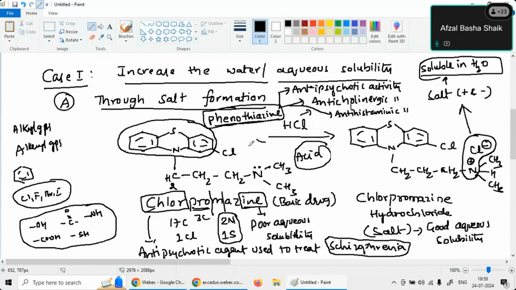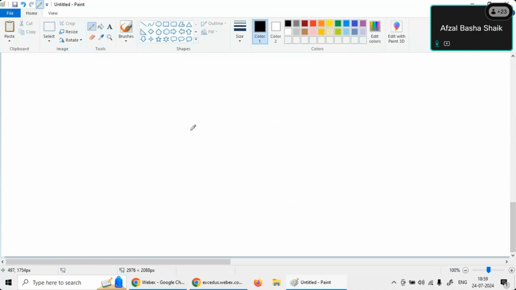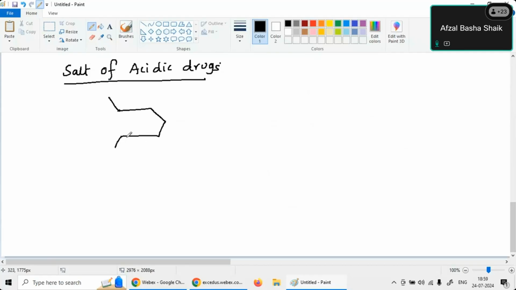We'll move into the other case study: improving the solubility of acidic drugs. The next one is salts of acidic drugs. What is this drug molecule? Any idea? This molecule is called